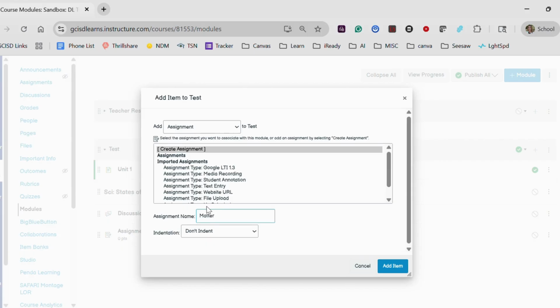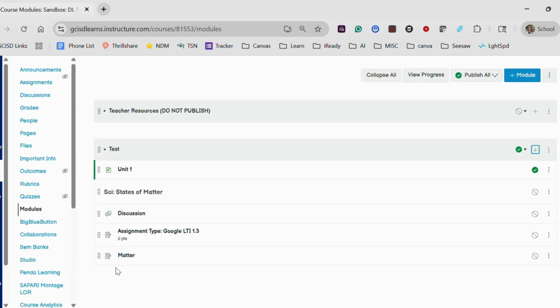I'm going to put matter because I'm talking about science. If I want to indent it, I have the options here. I'm going to hit add item. You can see the difference between the icons. So this icon is a piece of paper with no pencil. The discussion is conversation bubbles, and then the assignments have the pencil, which means it's something the student is supposed